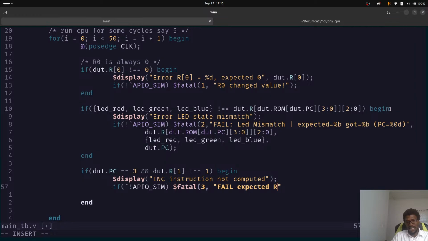expected R1 to be expected R1 equals 1 after inc. Got D 0D, I think, if I'm okay, and then we can do here DUT dot R1